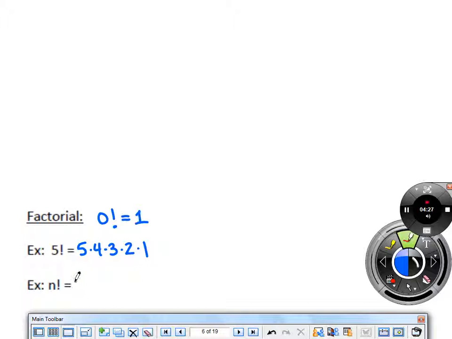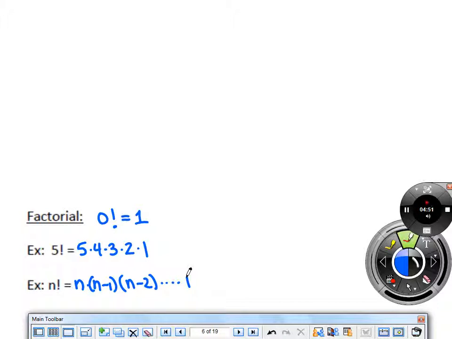If n is the number, what would be the number below n, Julia? Good, n minus 1. And the number below that would be n minus 2. And you don't really know how far it goes, but it's going to go down to 1. Now, this is just important when we're trying to prove stuff or we're working in the abstract or we're trying to simplify things that have